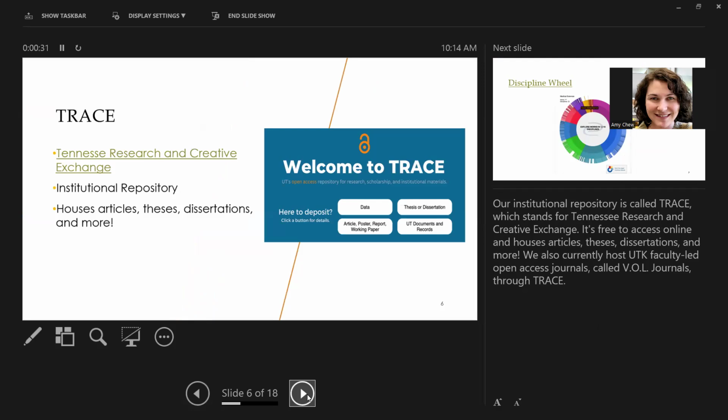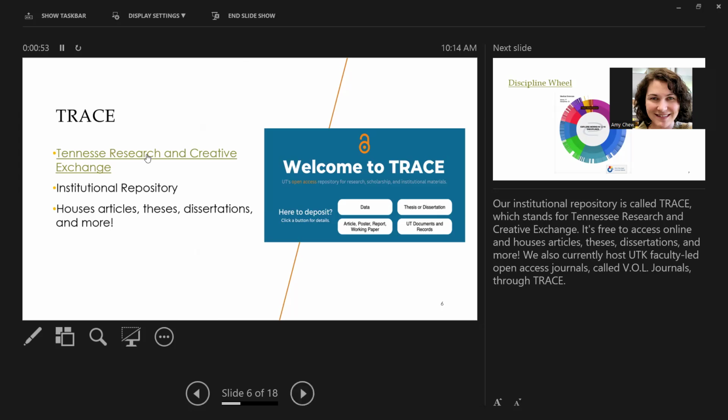Currently it also has theses and dissertations. You can put posters, reports, conference proceedings, working papers, and white papers in there. Students, faculty, and staff can upload things to it. Our institutional repository is known as TRACE, which stands for the Tennessee Research and Creative Exchange.